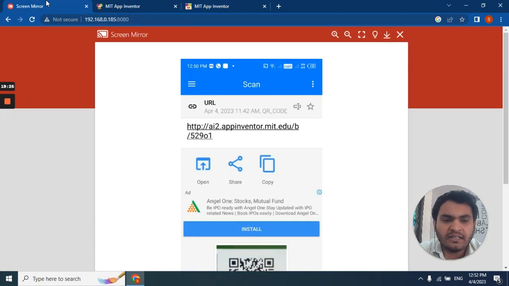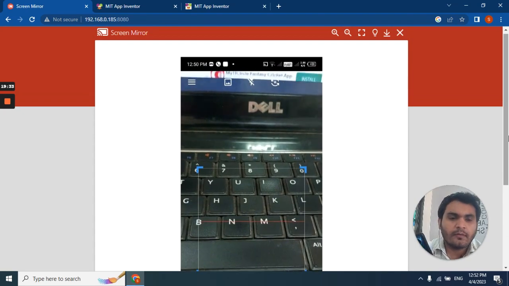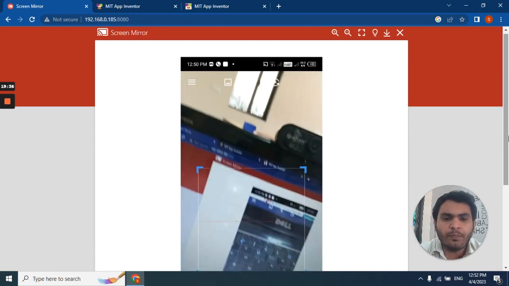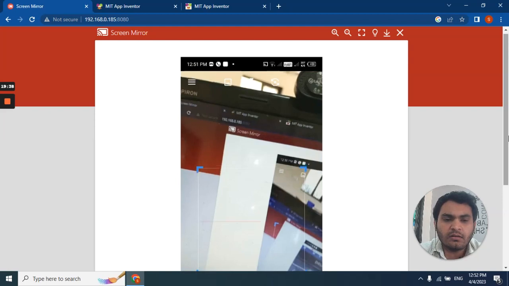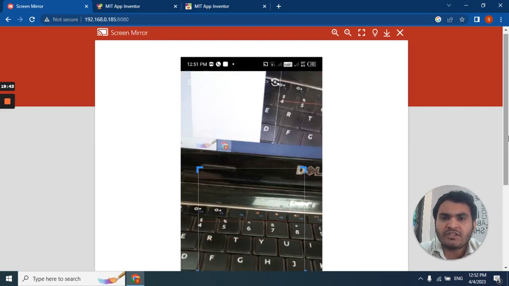It's taking a little bit of time. Yeah. As the moment you open this QR and barcode scanner, you need to scan the QR using this application.